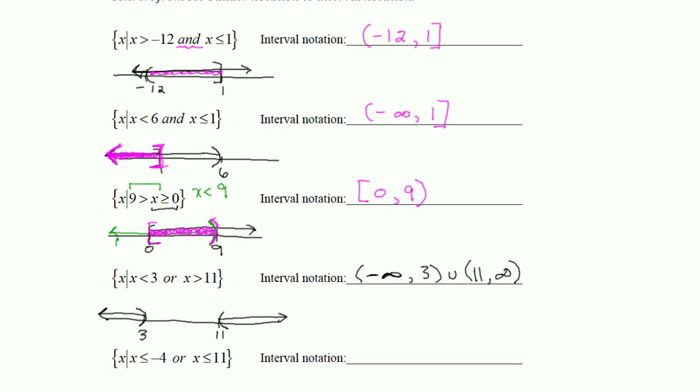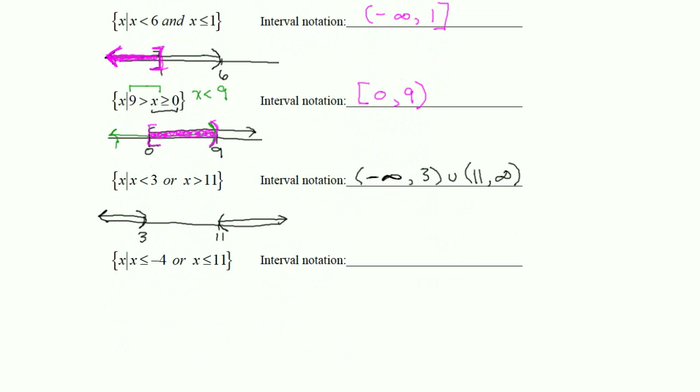Going down to our last problem, we have x is less than or equal to negative 4, or x is less than or equal to 11. So let's mark these in order, negative 4 and 11. So less than or equal to negative 4 is to the left. Less than or equal to 11 is also to the left. And the union is